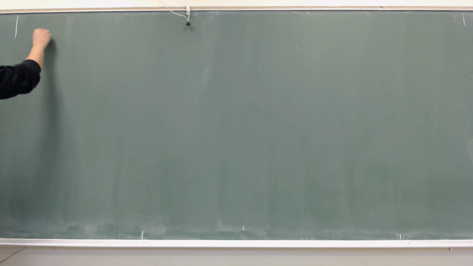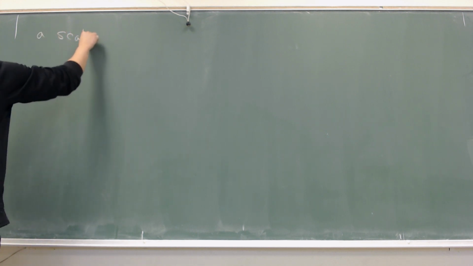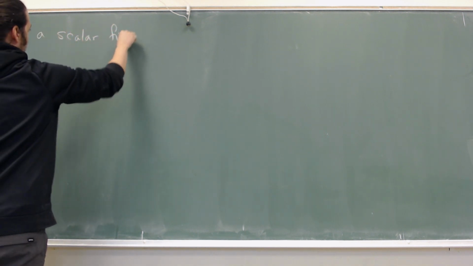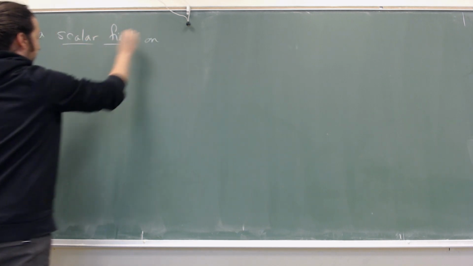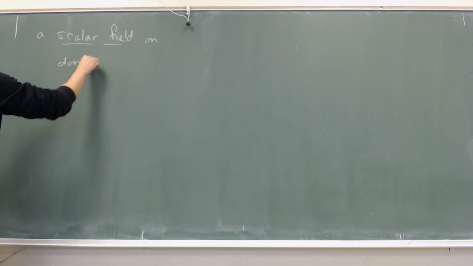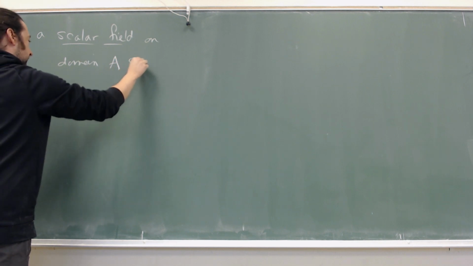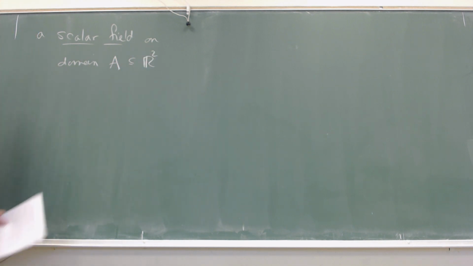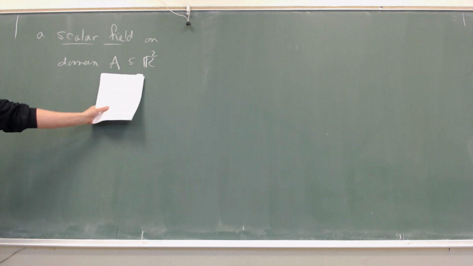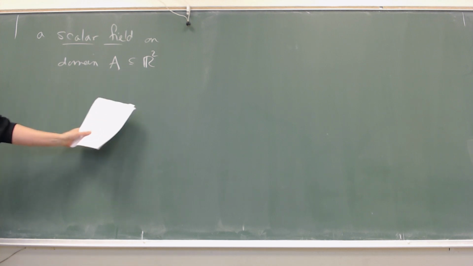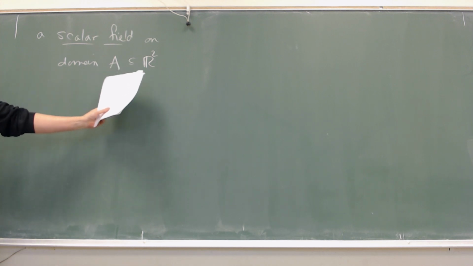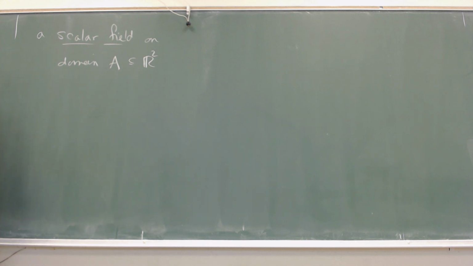So a scalar field on a domain A, and we're going to work with A as a subset of R2 here, but I want you to imagine that R2 and C are going to be used interchangeably, depending on whether we're talking about harmonic functions or analytic functions, okay? So a domain A in R2 is also a domain in C, just with the identification of (x, y) with x plus iy. Okay? So a scalar field on a domain A in R2 is a function